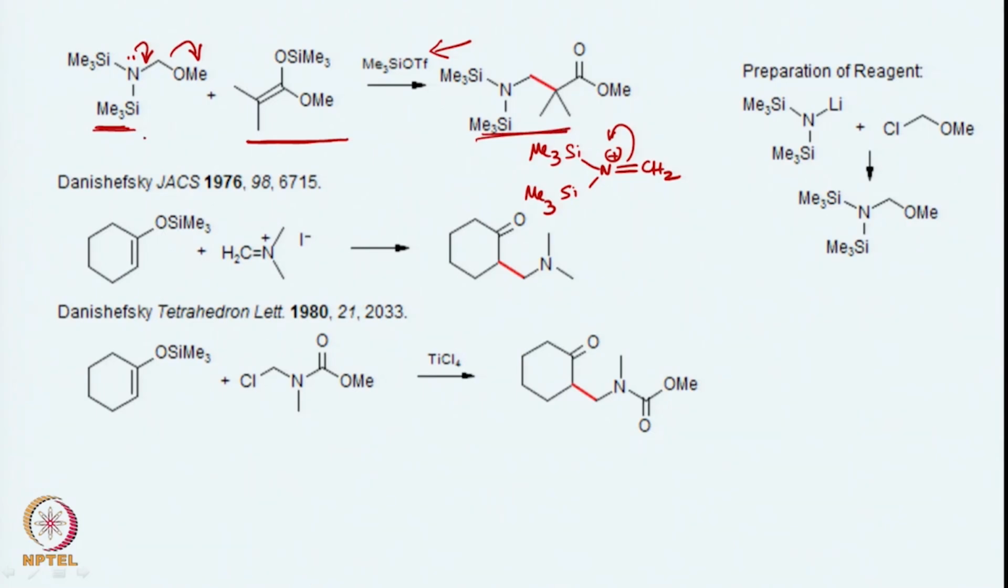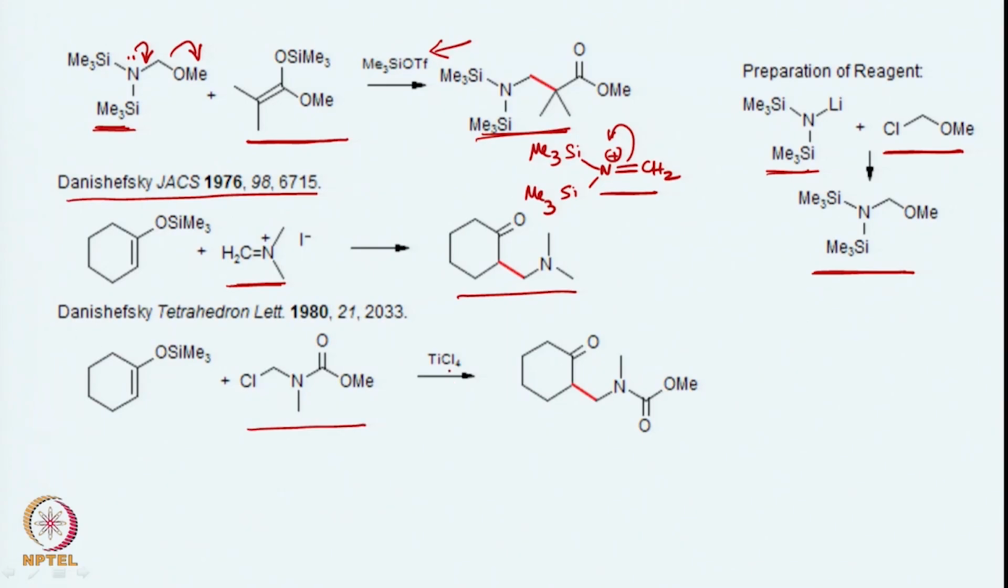How can you make this? You can start with this and react with chloromethoxymethane and then you can generate this. So, basically this is a very important way of generating this type of species which are useful for the making of a CC bond, for example. In a similar fashion the enol silyl ethers also react with this type of Mannich-type intermediates to undergo reaction leading to CC bond formation, and of course we can also make use of these type of